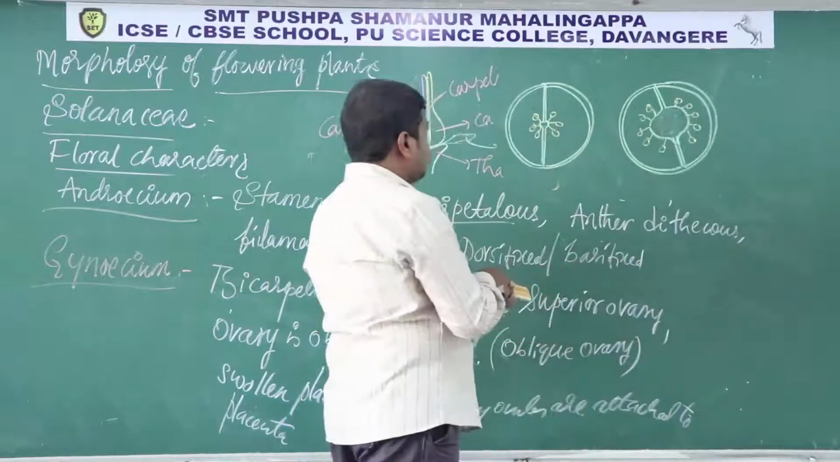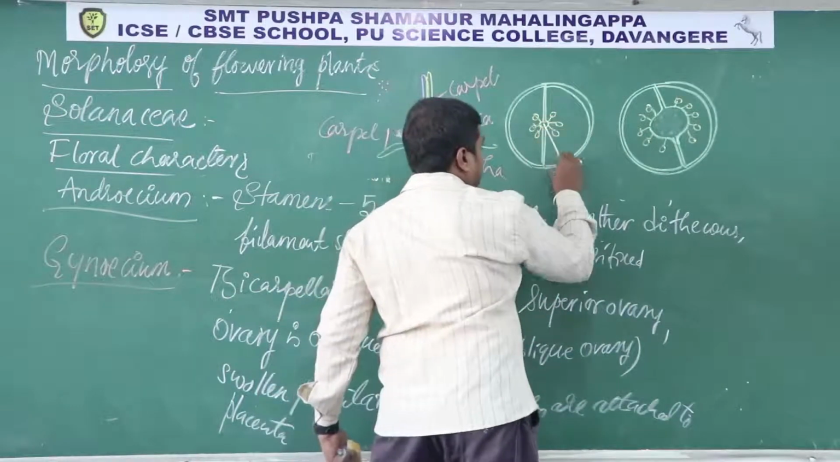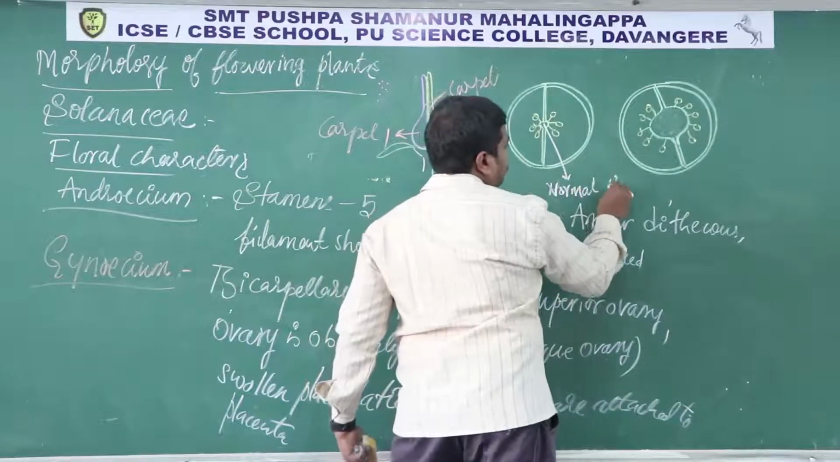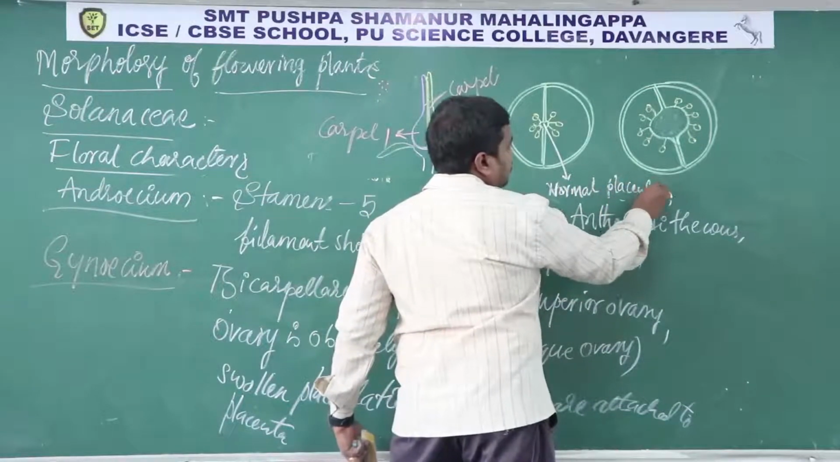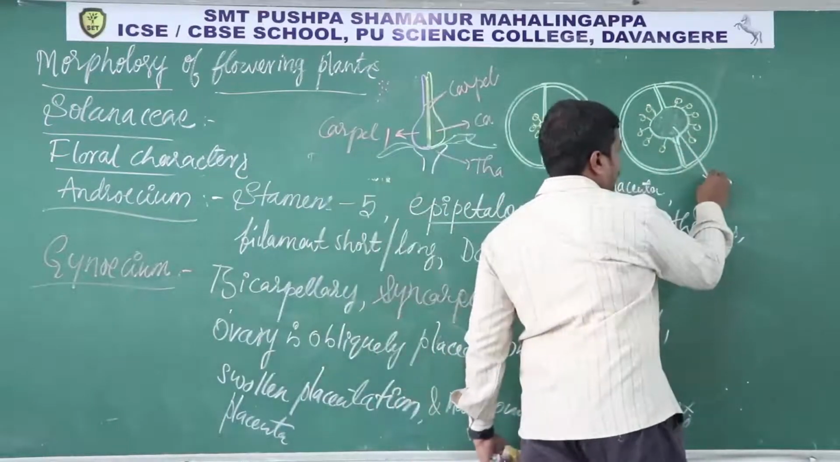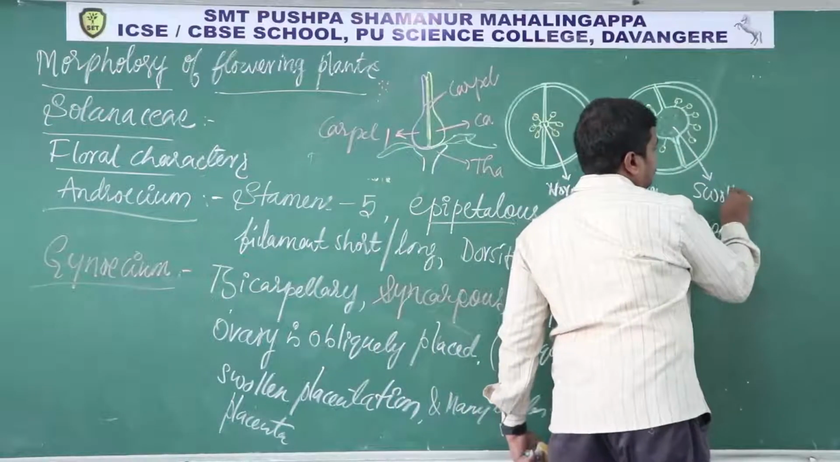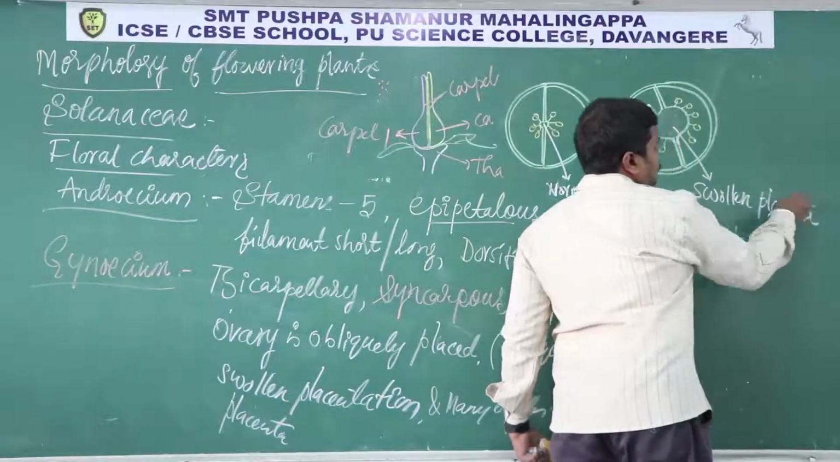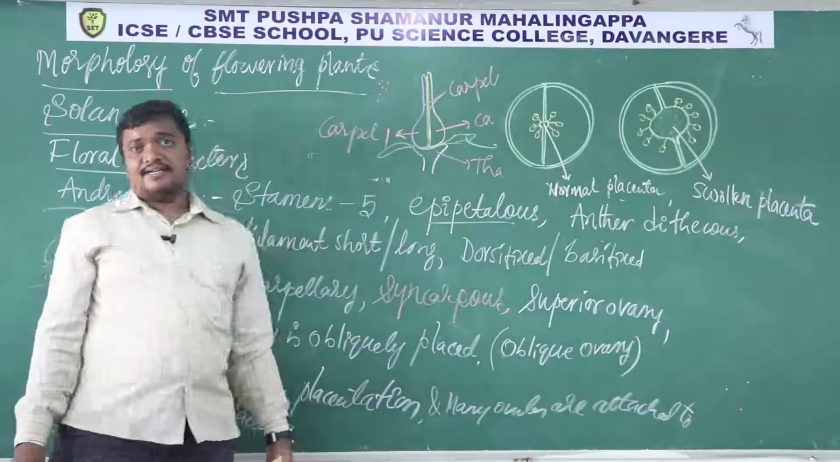Okay, so this is normal placenta. So this is the normal placenta, whereas this is called swollen placenta. If you cut the